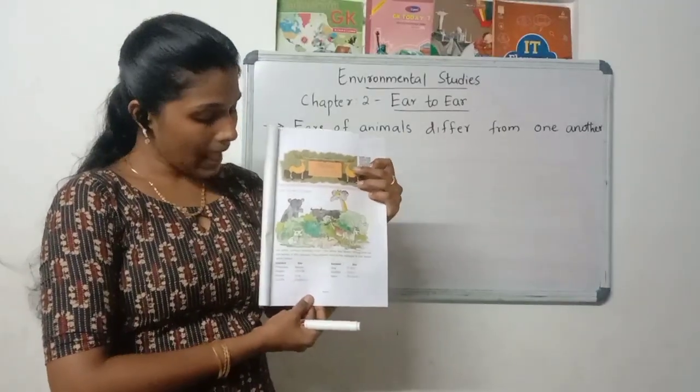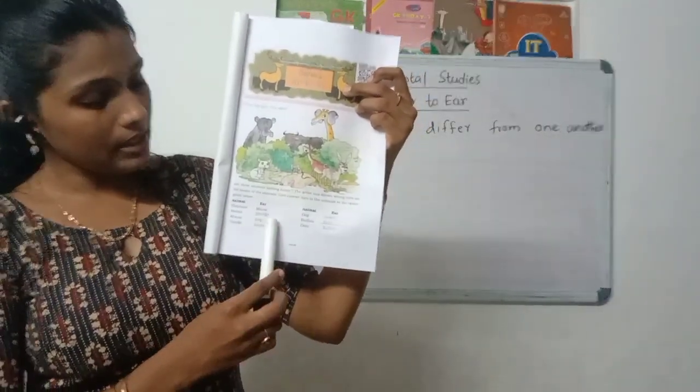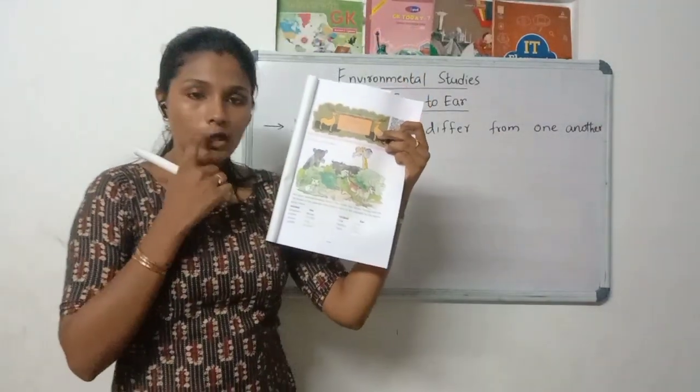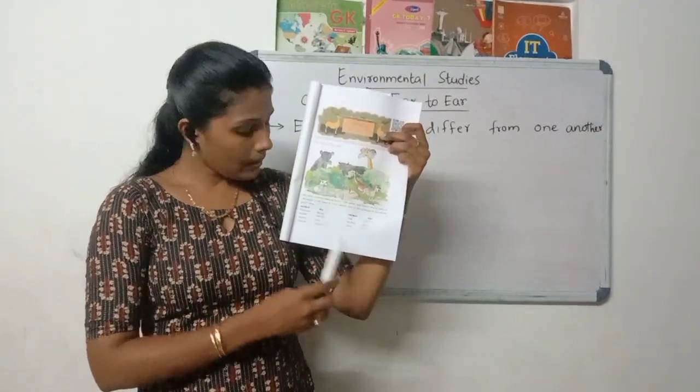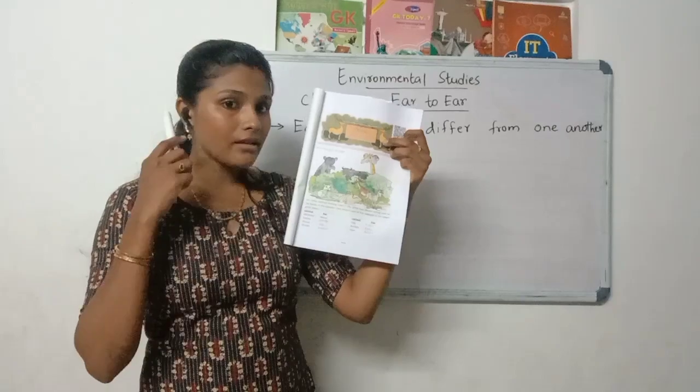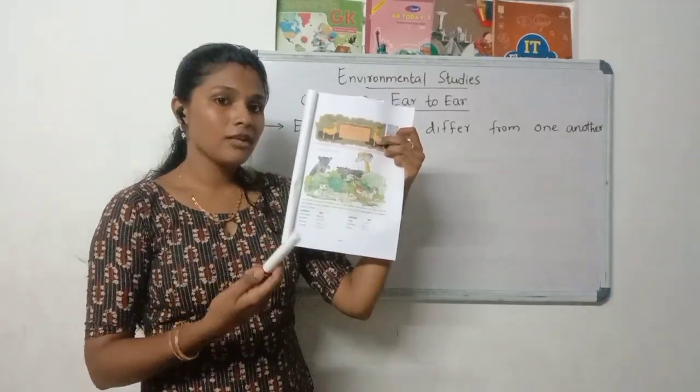There are some blank spaces given in your textbook like this. This is to fill by yourself. The animals are given according to an order and you have to write which animal has the mismatched